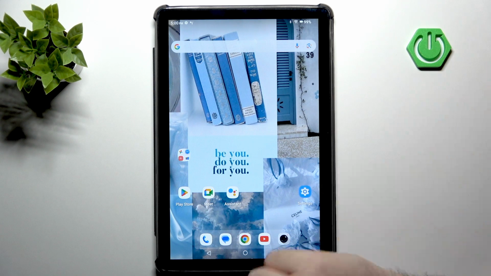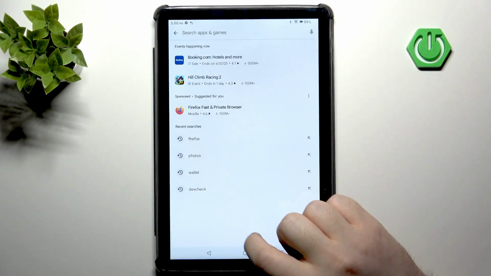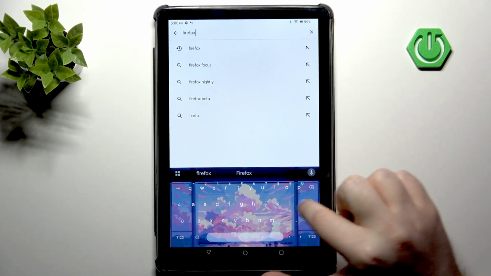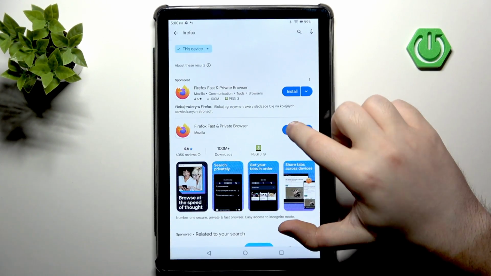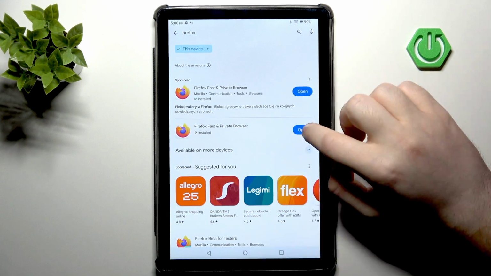So you have to start by opening your Google Play Store, then click on the search bar and type in Firefox. Then click search and click install. Now you can click open